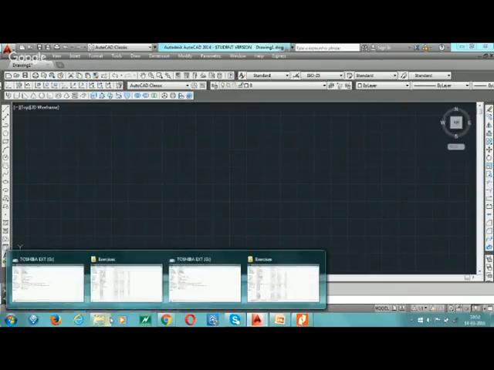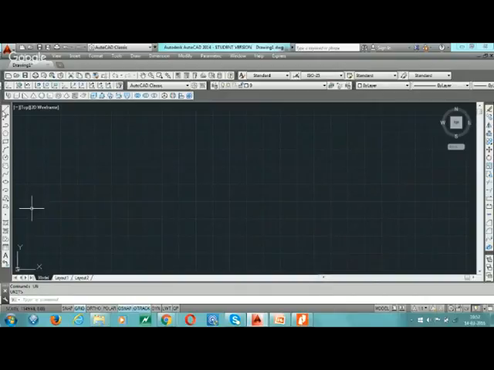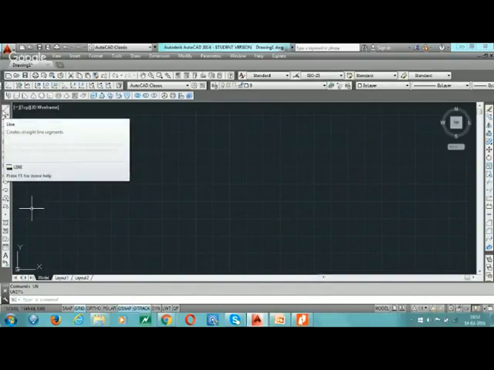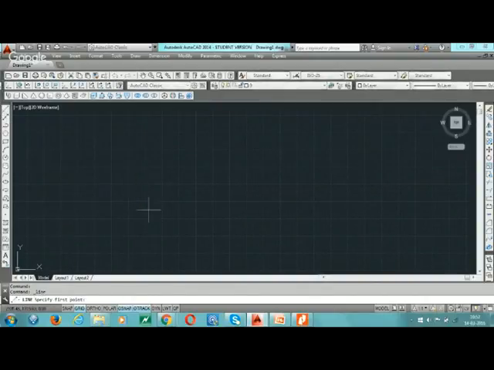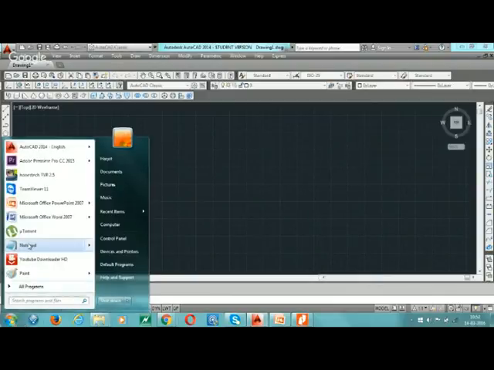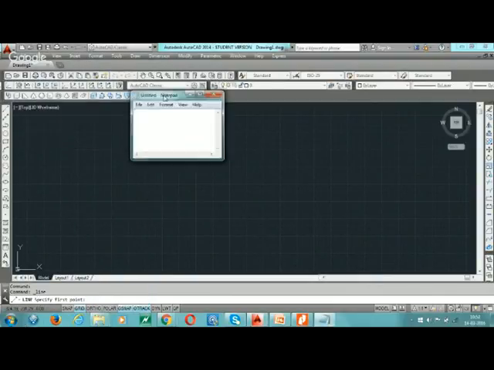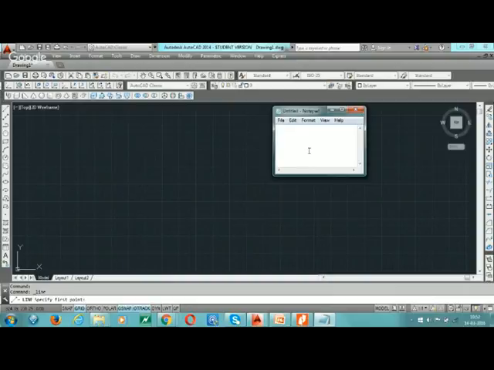Now go to the line command from the draw box. The syntax of the line command is the way to write it, like first x comma y in 2D.